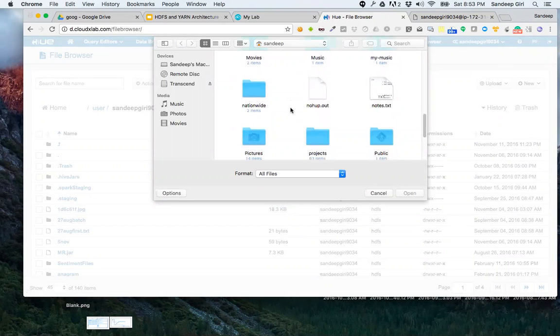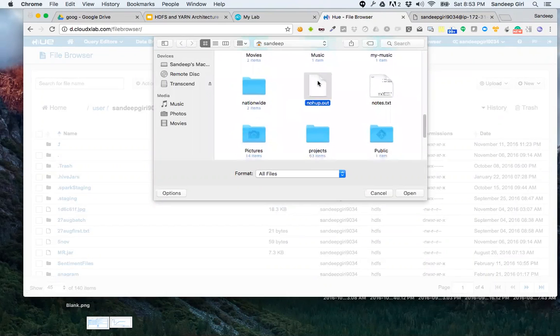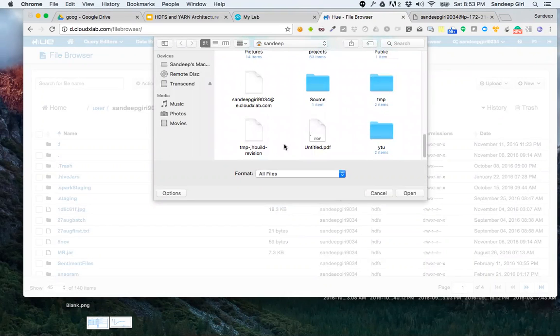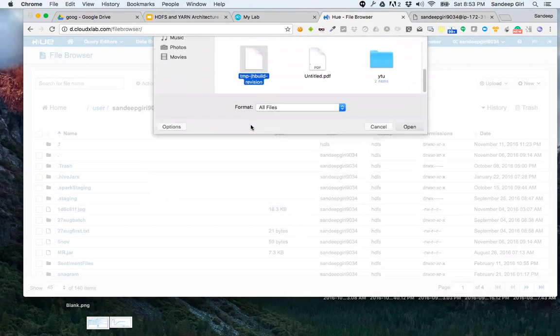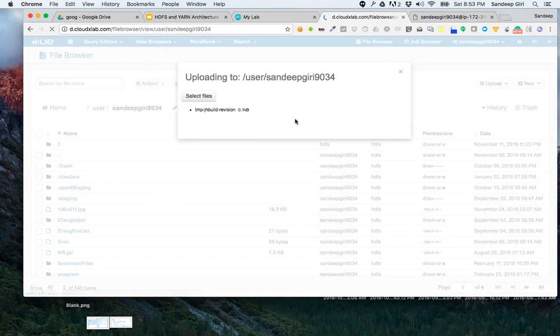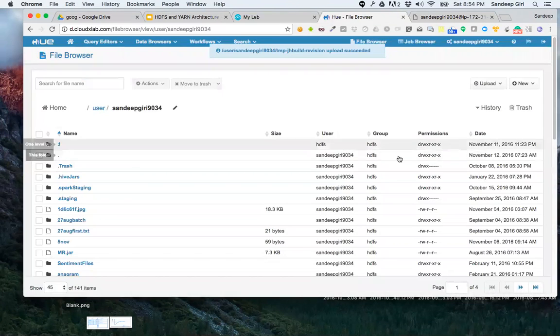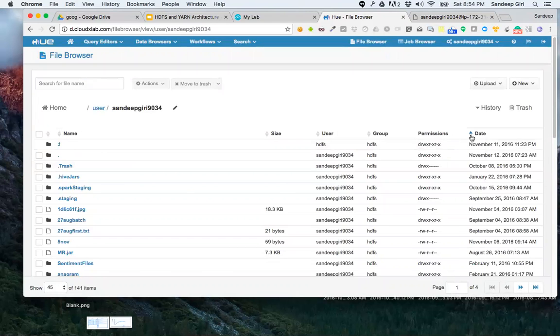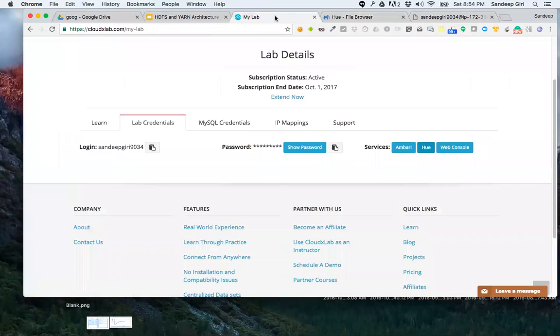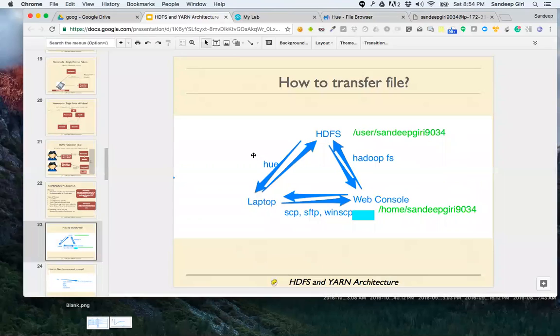Let me put this file. You can see we have uploaded some file into this directory. It has been successfully uploaded. So the first part, uploading from laptop to HDFS, is done.